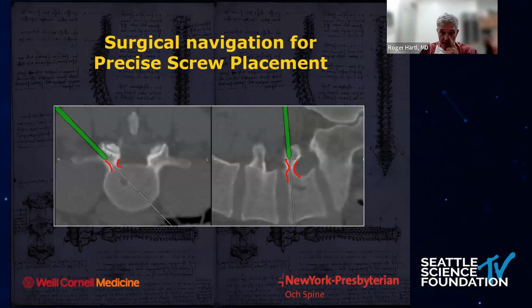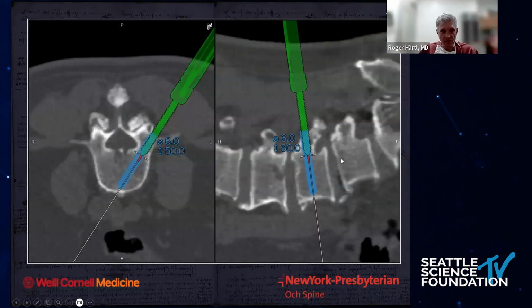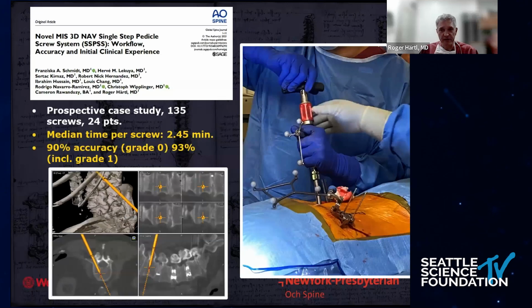And in this case, because the pedicle was so small and corticated, we used a navigated awl-tip and then put in the screw later. So I'm a big fan of navigation, but I really make sure that I always get tactile feedback. And I think it's also good for the residents and fellows so they can correlate what they feel with their fingers and what they see on the screen.